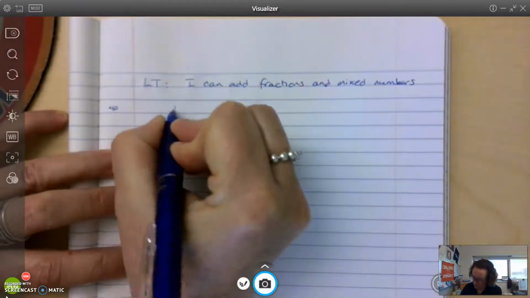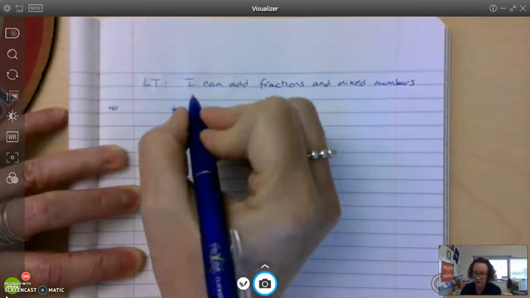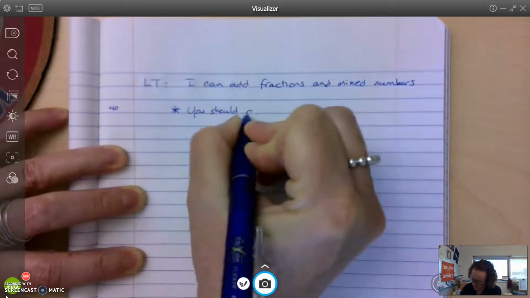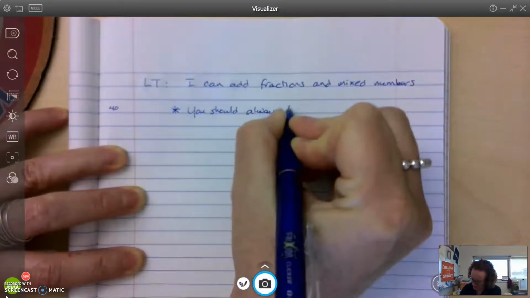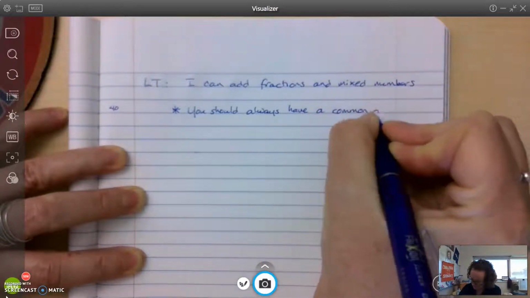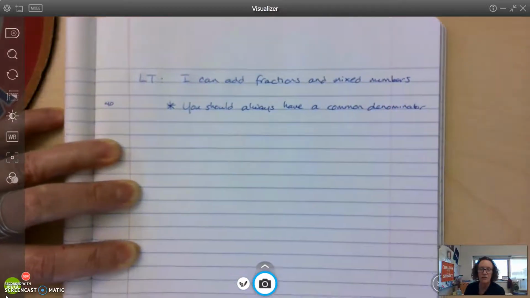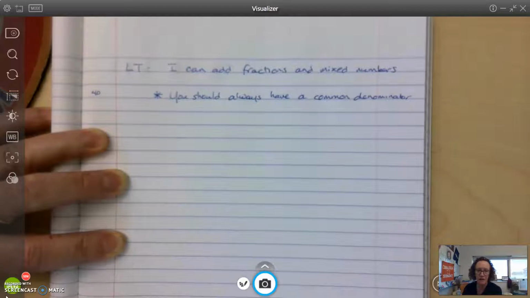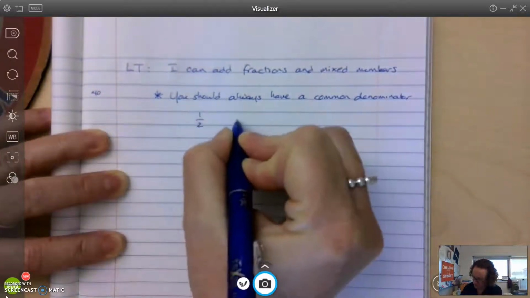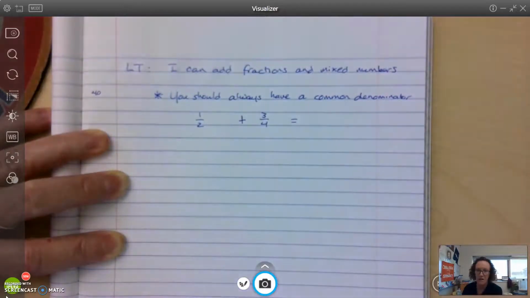One of the things that you should already know about adding and subtracting fractions and mixed numbers is that you should always have a common denominator. So let's make a note of that. And at the risk of oversimplifying this, I want to do just a quick review of why I need a common denominator. So if I had a problem 1/2 plus 3/4, and I was adding them,